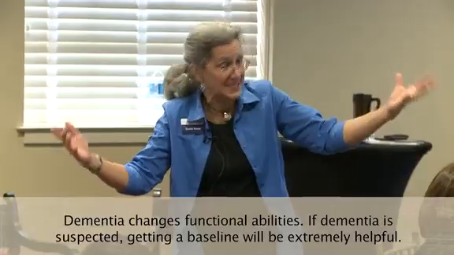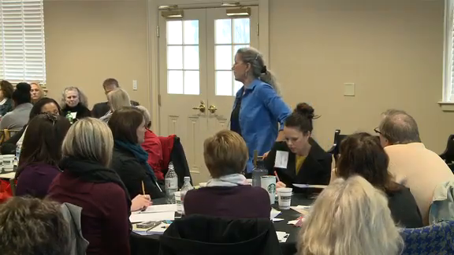By then, a lot of damage has been done, and we've got bad habits in how we try to help. If we could pick up on the signals very early on, it would buy us time to plan. It would also allow us to be clearer about ability versus inattention and unwillingness, and the possibility that maybe the congestive heart failure is getting worse. Maybe we need to look at all these meds she's on. Maybe we should be checking to see if she's hypothyroid. Maybe we should double check. But if I wait until it's so profound, well, Lord, what are we going to do then? Throw up our hands. So what we should be doing is getting a baseline and then measuring off the baseline.